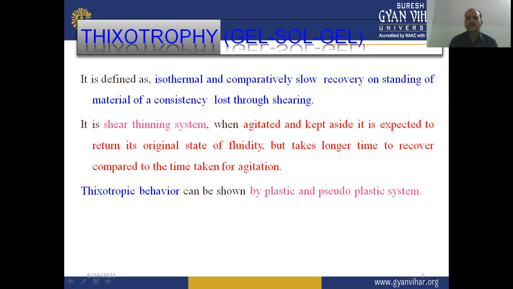When we go through the rheogram, we can find the hysteresis loop for different pseudoplastic and plastic materials. So it is defined as the isothermal and comparatively slow recovery on standing of a material of a consistency lost through shearing. As I already told you, it is a gel-sol-gel type of system, where first,